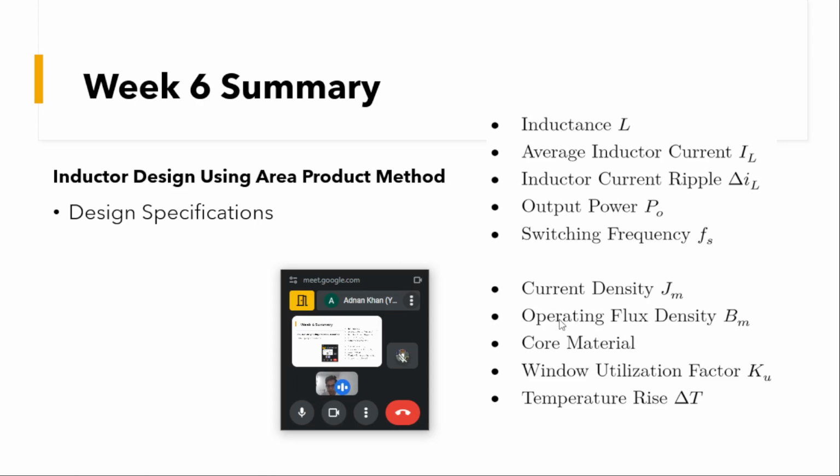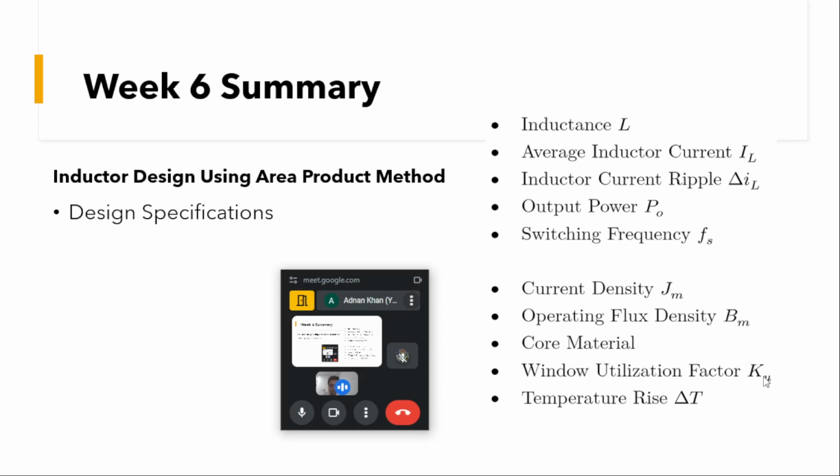And then we'll be accordingly choosing our core for a particular application, which can satisfy all our needs, where B is kept in limit, and so on and so forth. And then we have a window utilization factor Ku, as I earlier told, that this is taken to be around 0.4 to